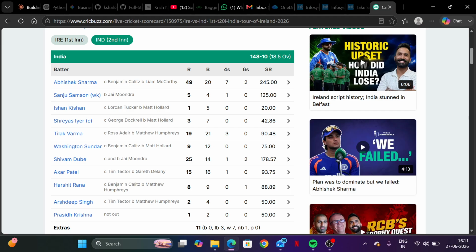But this is not the first time that Tilak Verma has scored at this pace or this net run rate, or has been found guilty of this kind of innings. In the IPL also, you would have remembered that once he was called back midway, he was retired out, and there are many sample cases of him playing this kind of knock.